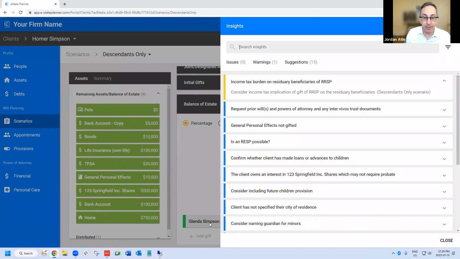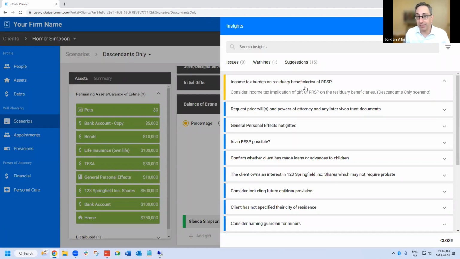So right here, it saw that the residuary beneficiary was different than the beneficiaries of the RSP. And so it's warning us, oh, we've got a tax disconnect there. So make sure that we clarify with the client. If those are their instructions, document that very well. If that's not the instructions, then come up with some other plan. I'm not a big fan of having a disconnect there for the amount of probate tax savings.